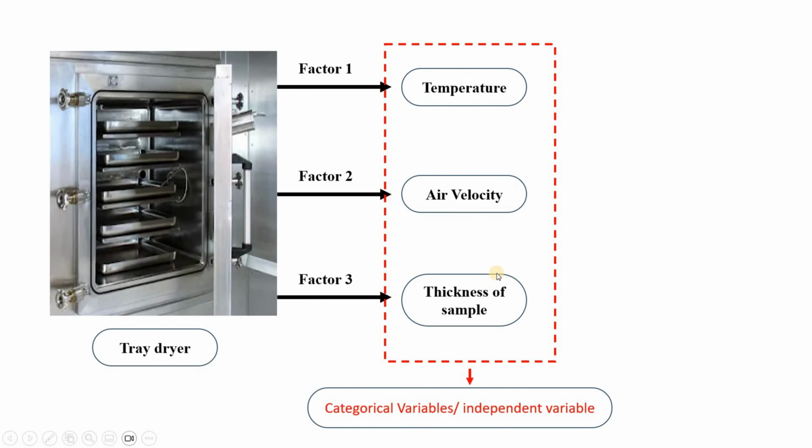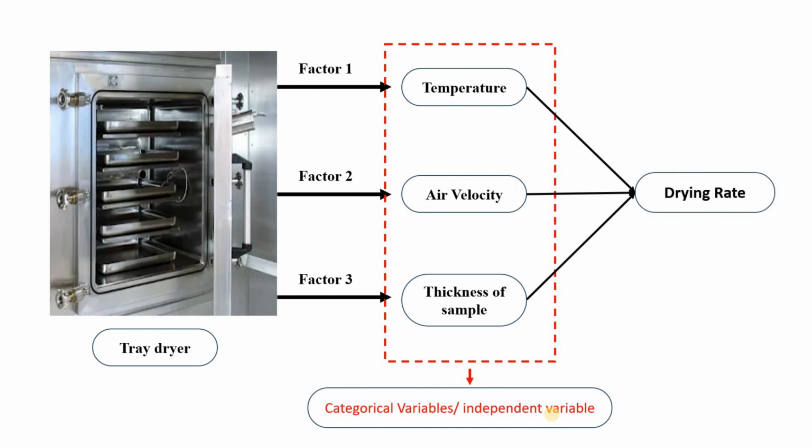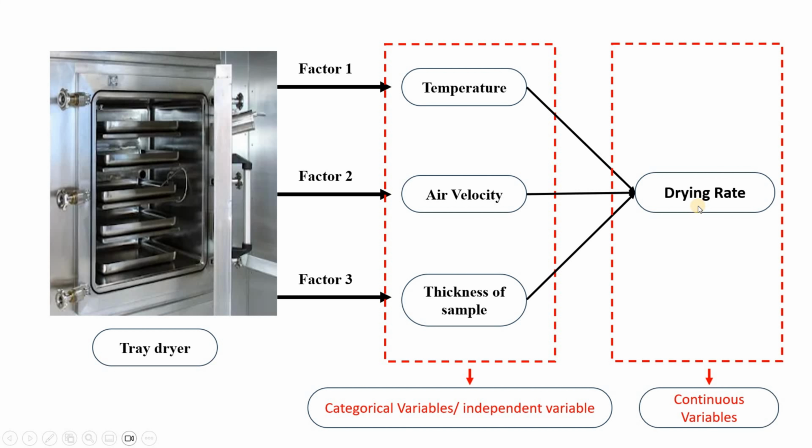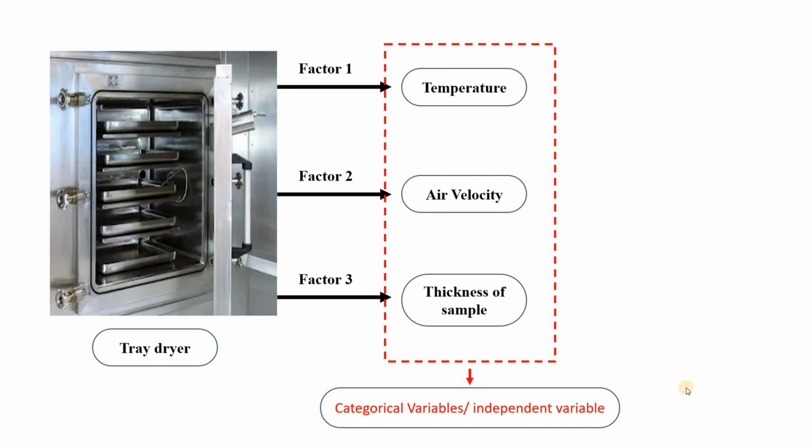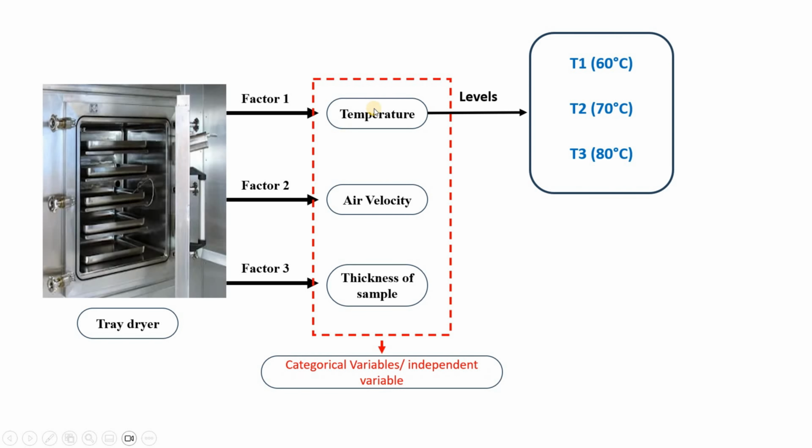These factors are also called categorical variables or independent variables. There will be an impact of these factors on the drying rate, which is called a continuous variable. We can also call it the dependent variable. Each factor can have multiple levels, or we can say multiple groups. For example, temperature can have various levels like T1, T2, T3, and they are 60, 70, 80